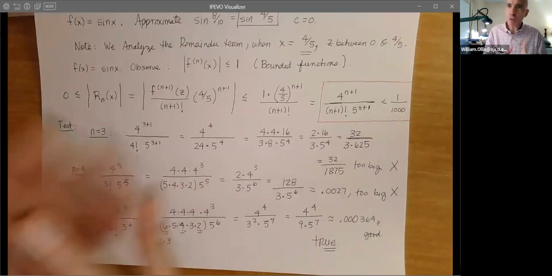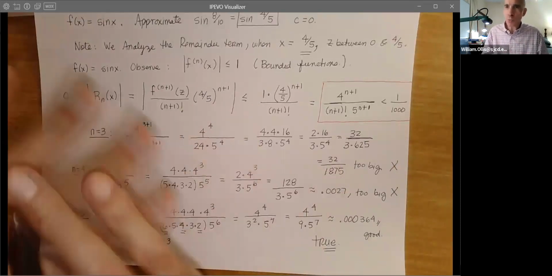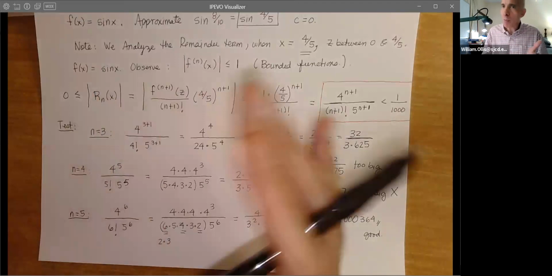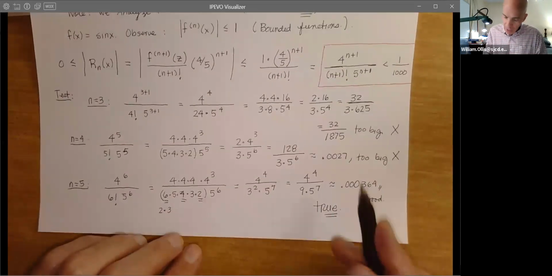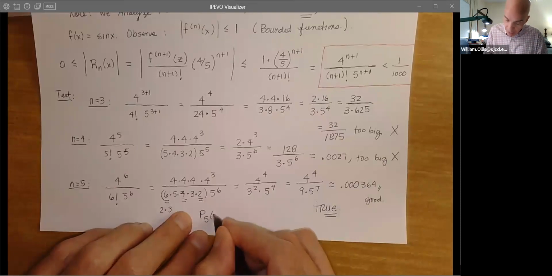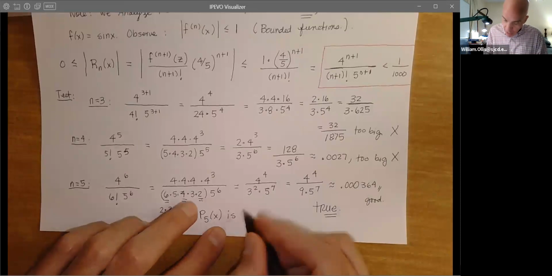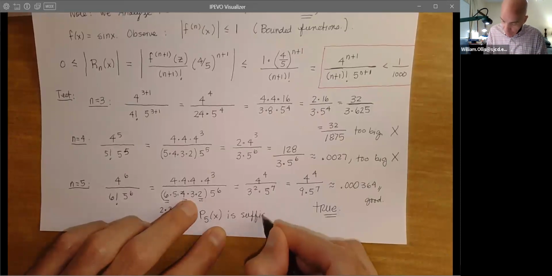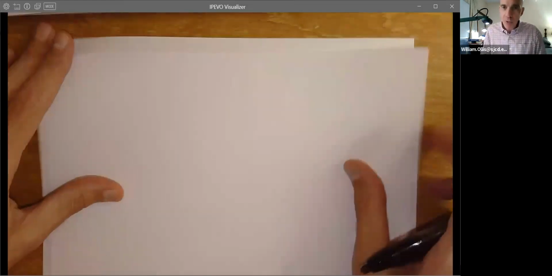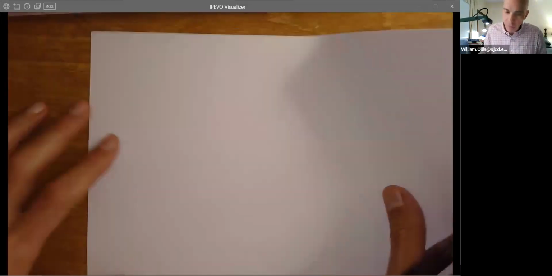For instance, if you got a nice fancy computer and you're thinking, let me just run it out degree 10, I'll be fine with that, I'm sure of it. Well, that's probably true. But at this point, you're thinking, okay, so we'll say P5 of x is sufficient. So now when you think about this, what is this saying? What is this saying? Let's check it out. I mean, let's do some due diligence here. Maybe Taylor sold us a bogus bill of goods.